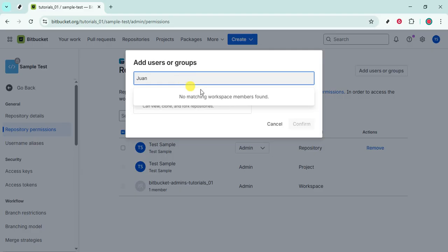Now, add a group or user by name. Begin typing and select the correct result from the suggestions. Be sure you're picking the right person or group, especially if there are similar names in your organization. If you're inviting a group, remember that everyone in that group will inherit the same access level you assign here,